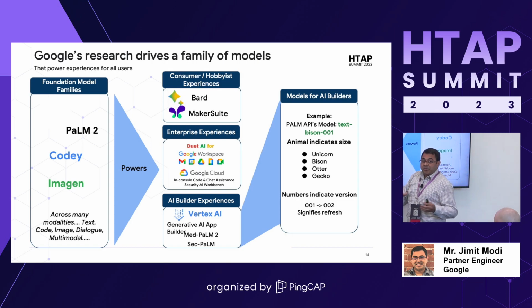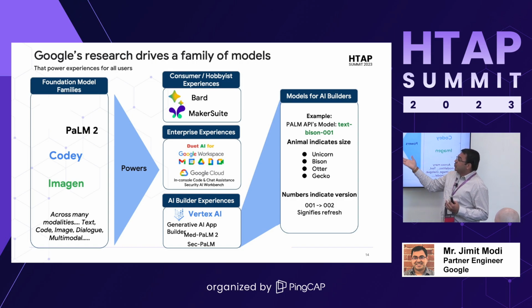If you were to log into the Google Cloud Console today, you will see this is the example of a PaLM API model. And essentially what it shows is, if I'm talking about a text model, it's going to show text-bison-001. So the first part of that name is saying, okay, I'm using a text-based model. The second is the animal size. So depending on what size of animal name you have, you'll have larger context of data going through.